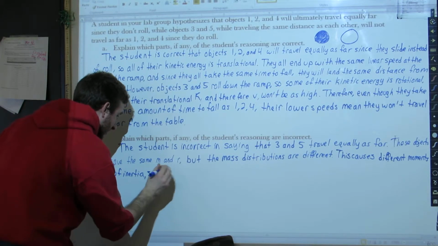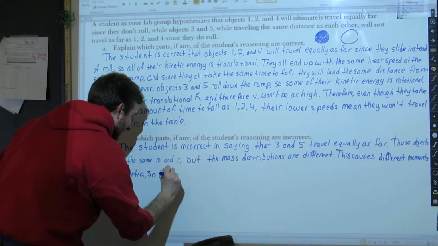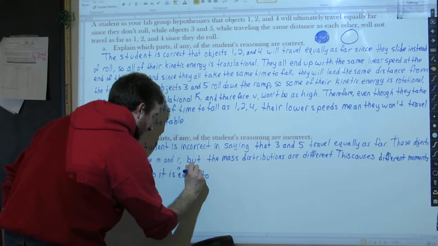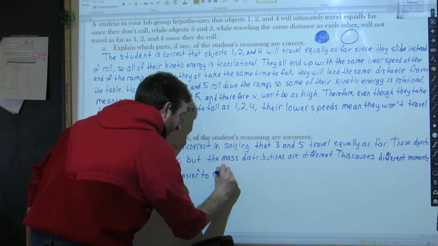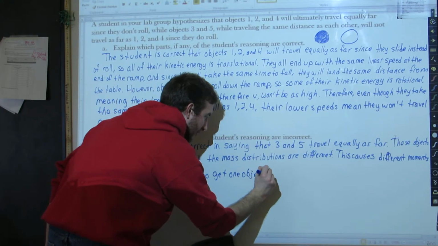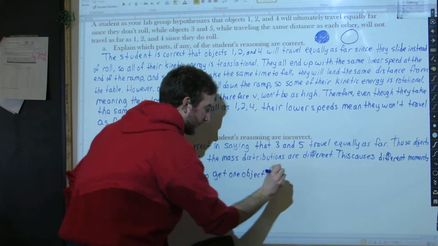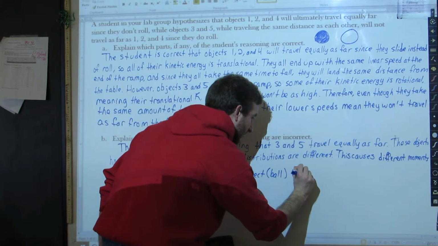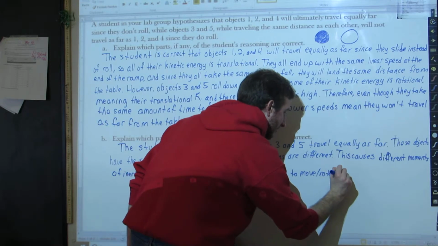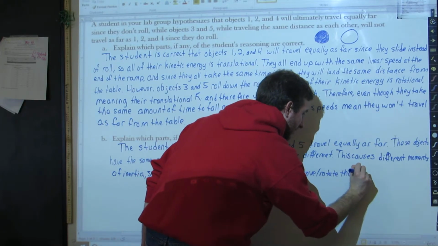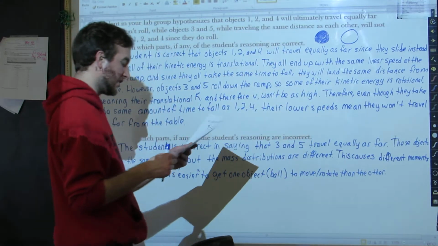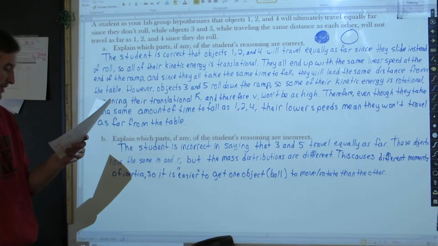So, it is easier, and I'll put that in quotes, to get one object, in this case the ball, to move or rotate than the other, the hollow cylinder. And because of this, because it's easier to get the ball to move or rotate than it is the cylinder,